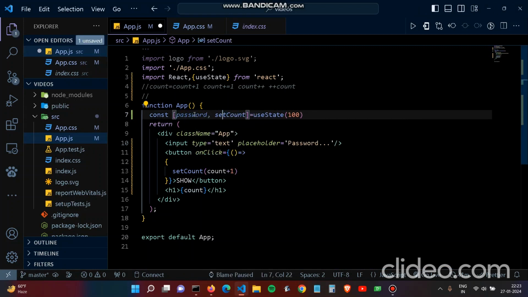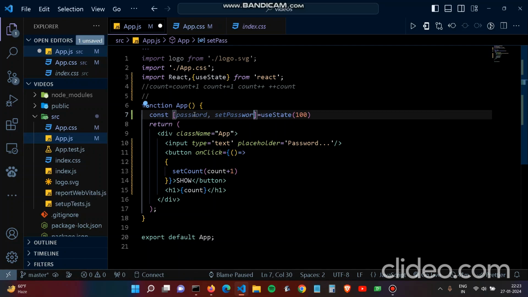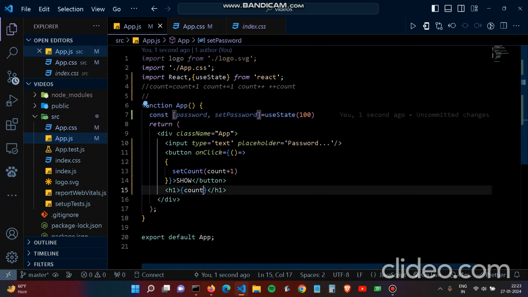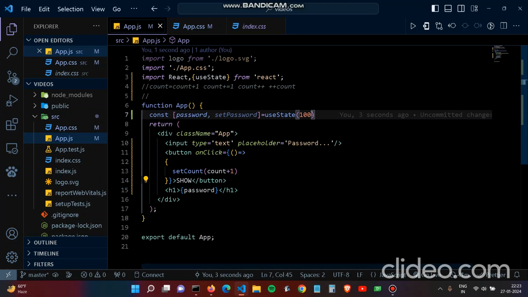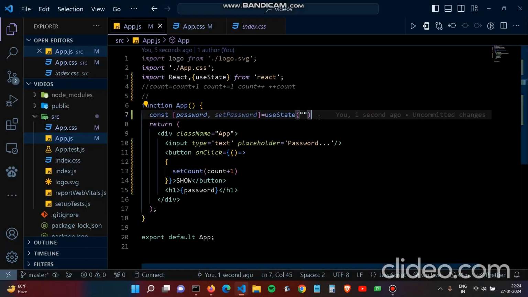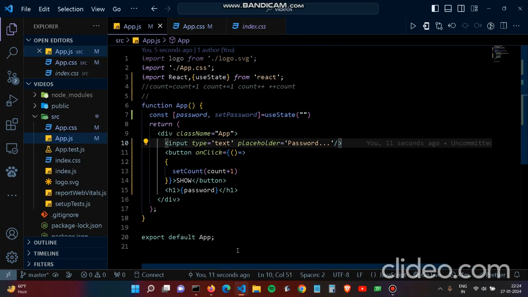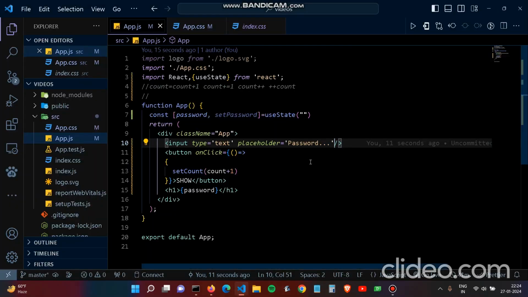So now I'll be storing the values of passwords using this hook. And let's display the password here. Now this won't initially show you anything because the default value has been set to an empty string. Now if there is any change here, I will pass it using the onChange function, and